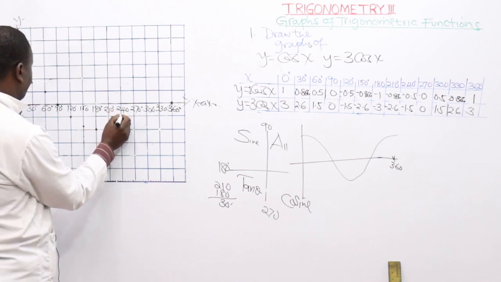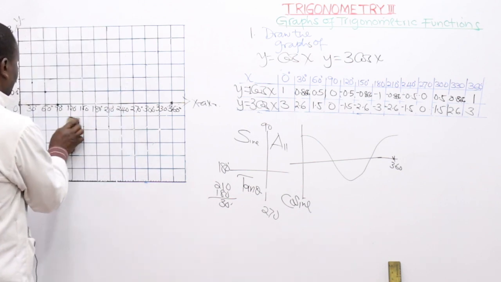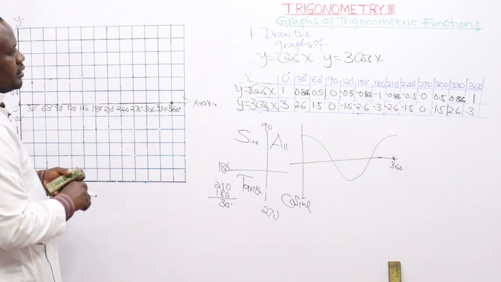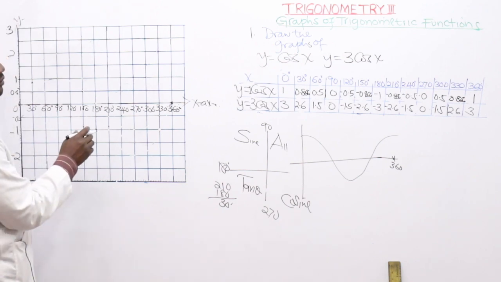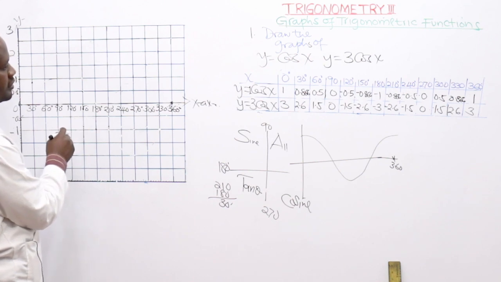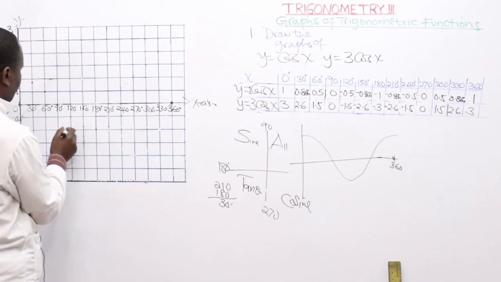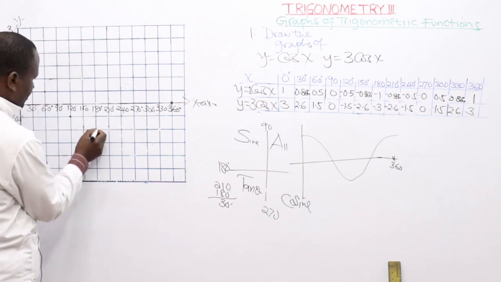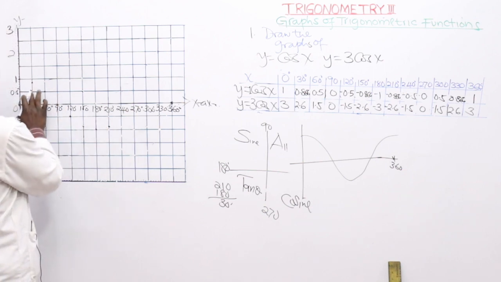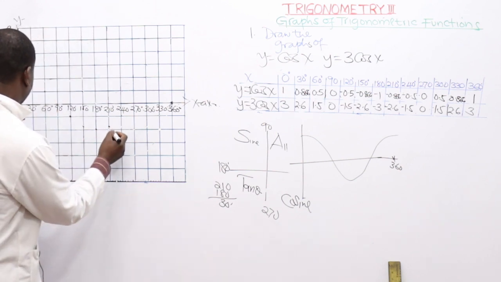240, negative 0. Well, wait a minute. I think this value is wrong. Let's repeat this one. 60, the cosine of 60 is 0.5. Oh, it's okay. The values are correct. There's nothing wrong. Now, 240, negative 0.5,